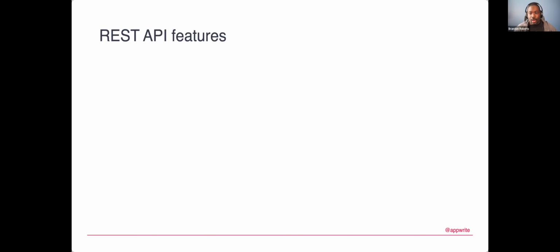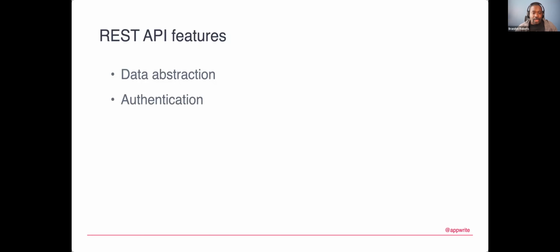And for other REST API features, there's also data abstraction, because like I said, we're decoupling the client from the database itself. So it has that abstraction in the middle. The most common structure these days for REST APIs would be JSON data. I know there have been familiar ones with XML, but like I said, JSON data is most familiar these days if you're using web technologies to build apps or even server to server communication.